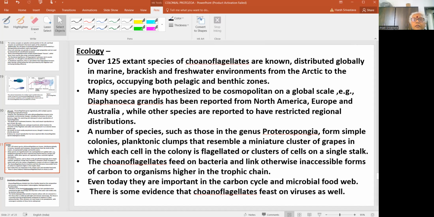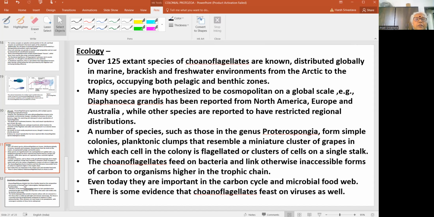A number of species, such as genus Pterospongia, form simple colonies, planktonic clumps resembling a miniature cluster of grapes in which each cell of the colony is flagellated. And this is mostly the most significant representation of the evolution of multicellularity from these